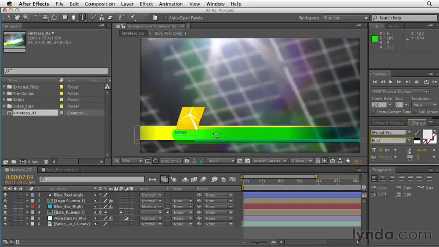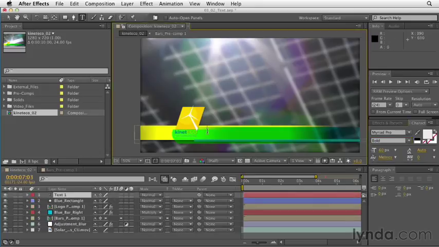Now, when you hover your mouse over the viewer, you should see the I-beam with a box around it. This lets us know where we're going to set our text. So let's click just to the right of our logo in the bar, and now you can see a cursor has appeared. So we're ready to start typing. I'm going to add the name Charlie